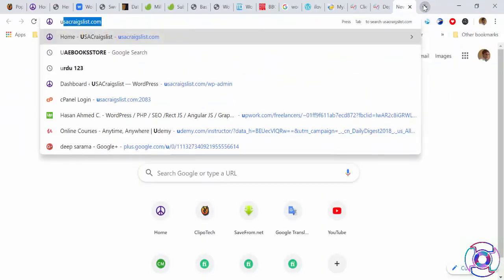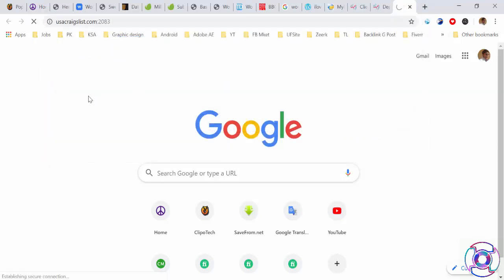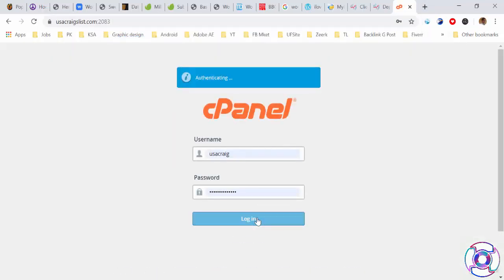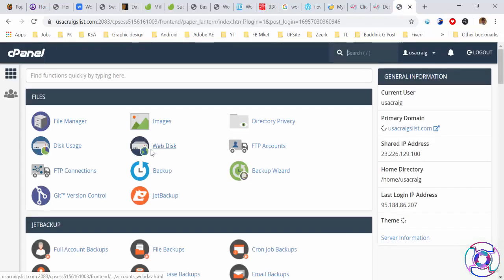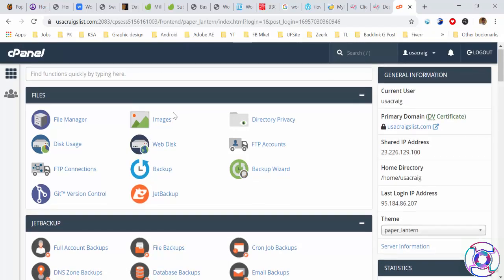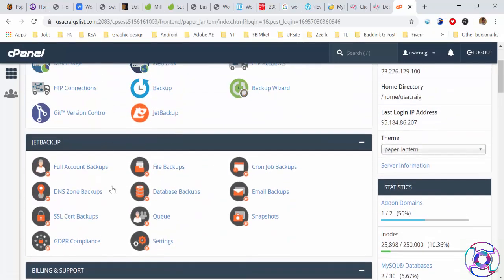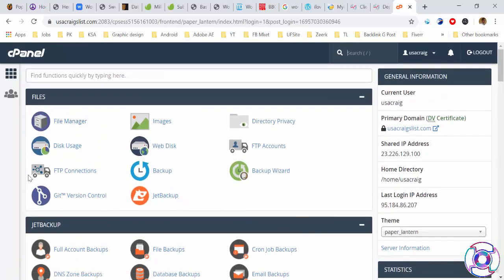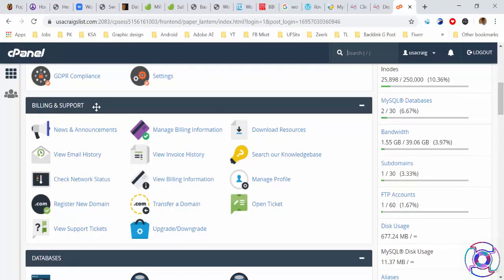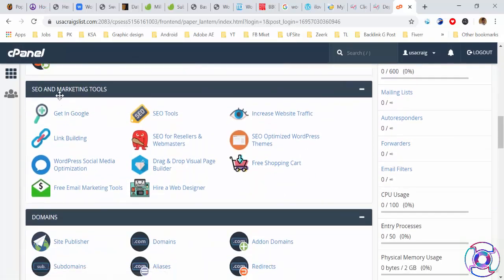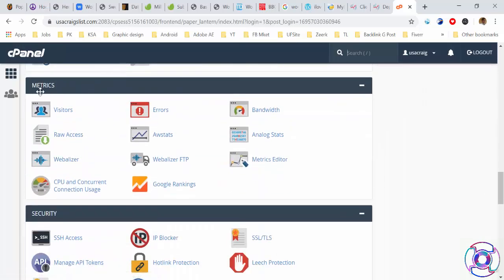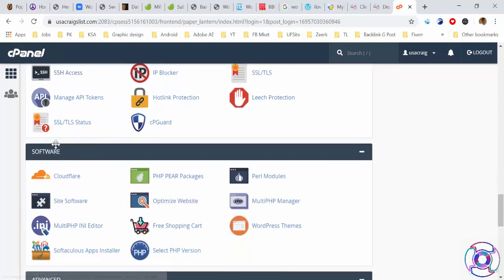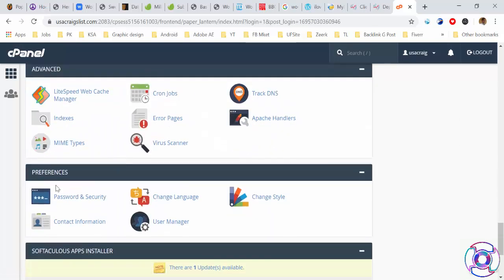Once you get the cPanel details, I have cPanel details, so I'm going to open one. cPanel is here. This is my cPanel and I have already opened it. After the cPanel, you have to set up your website. You can see files, jet backup, billing support, database, SEO marketing tools, domains, email and metrics, security, software, advanced, preference.